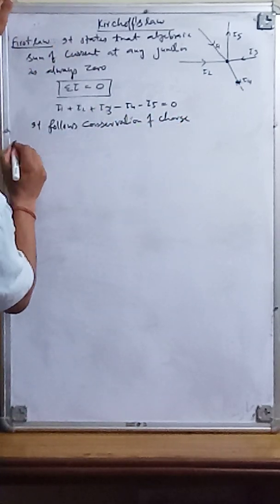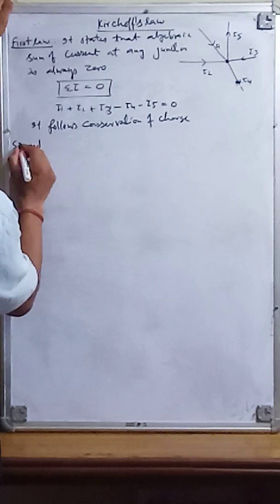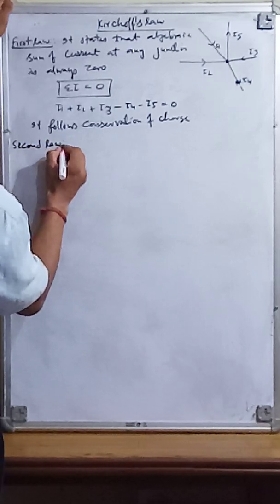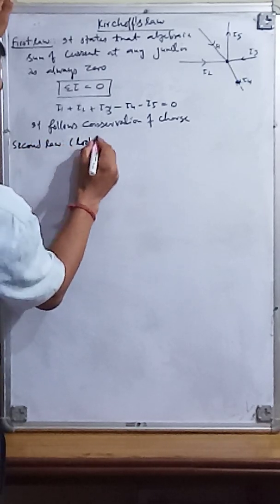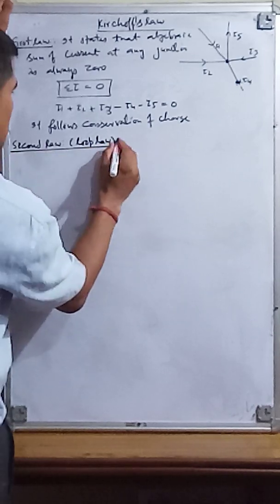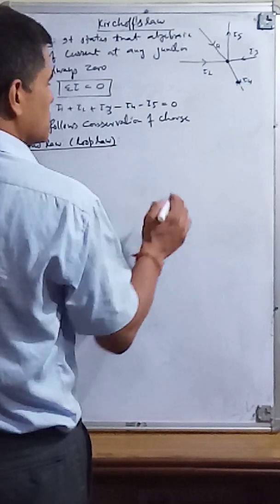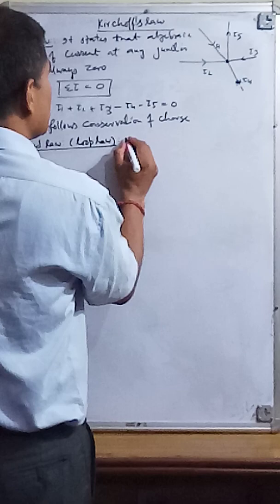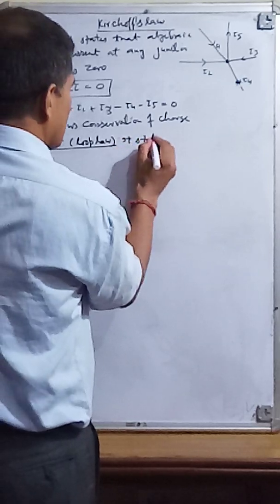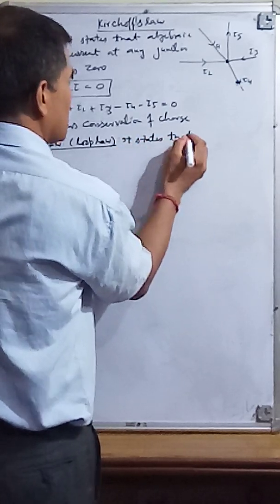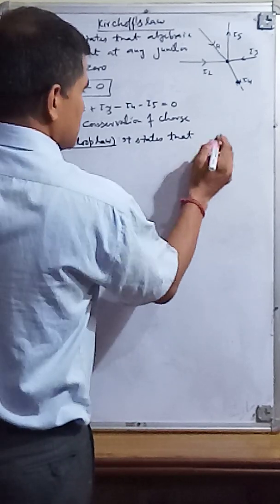Now Kirchhoff's second law. It is also called the loop law. It is based on EMF or potential difference, not on current. So according to this law, it states that the algebraic sum